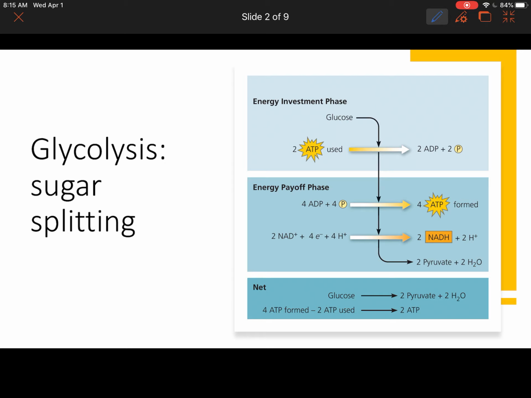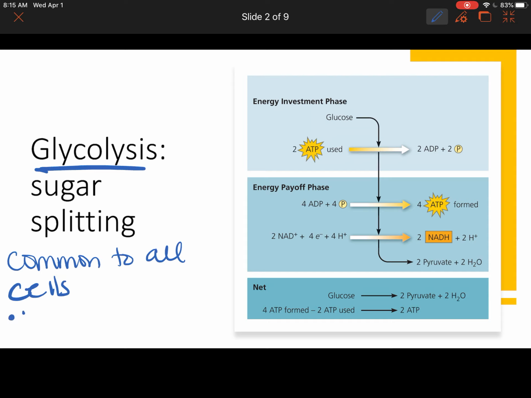All right, so glycolysis is one of the oldest biochemical pathways that we know about in living things. It is common to all cells, even prokaryotes, okay? And then all eukaryotes are going to do glycolysis. It takes place in the cytoplasm. And it is a pathway